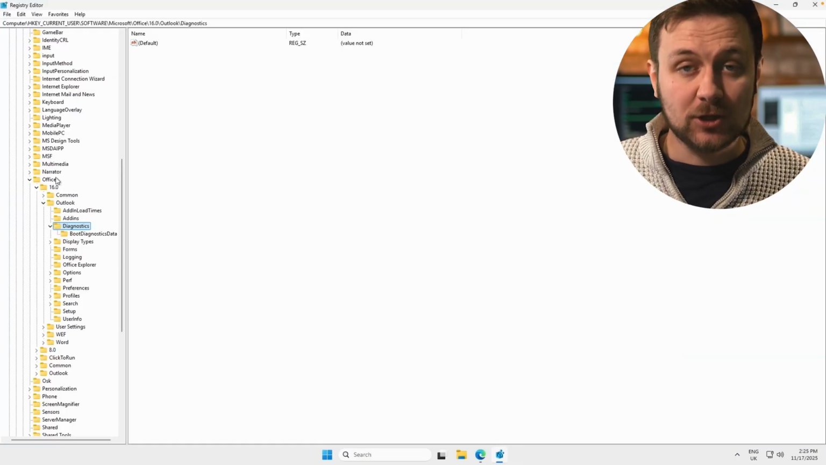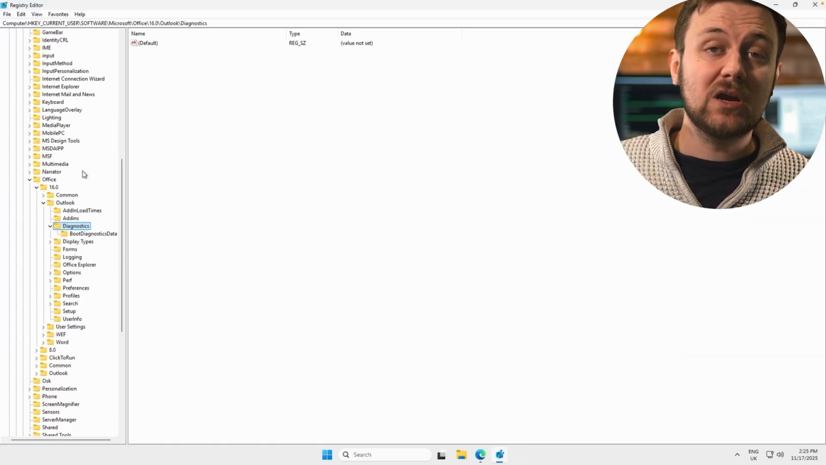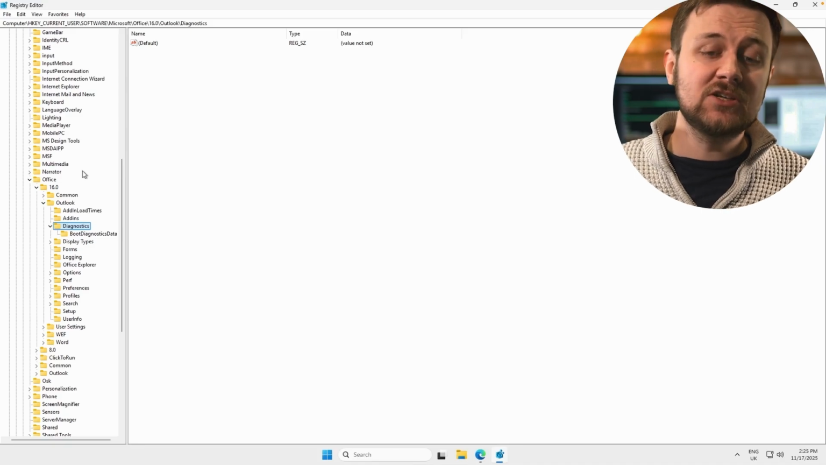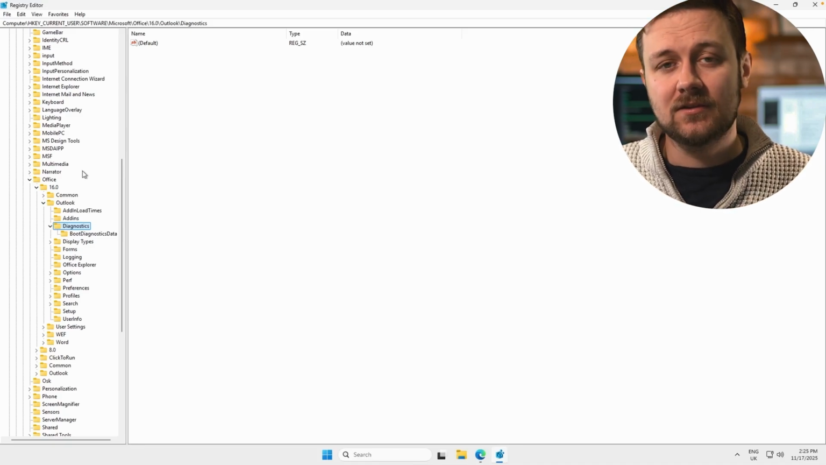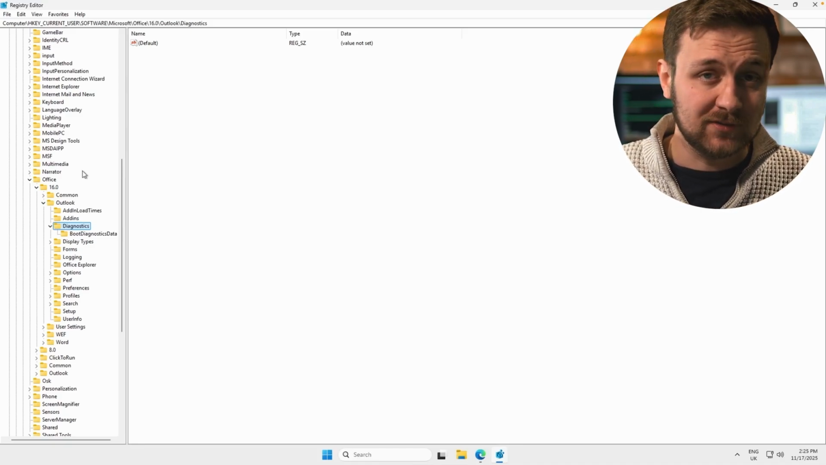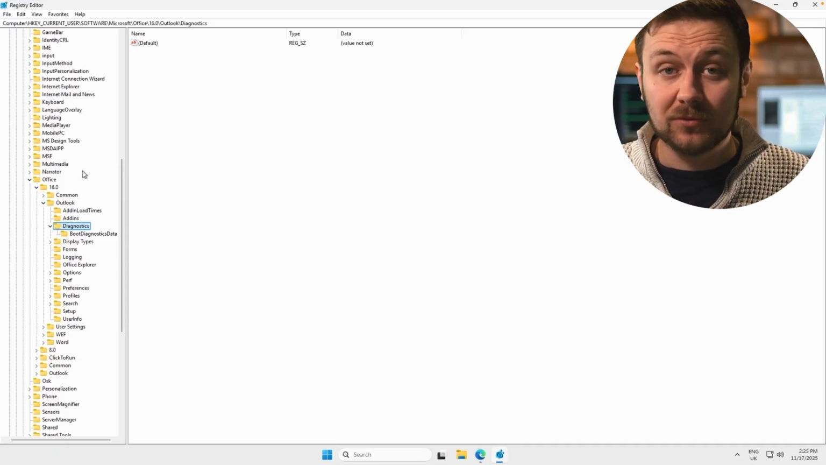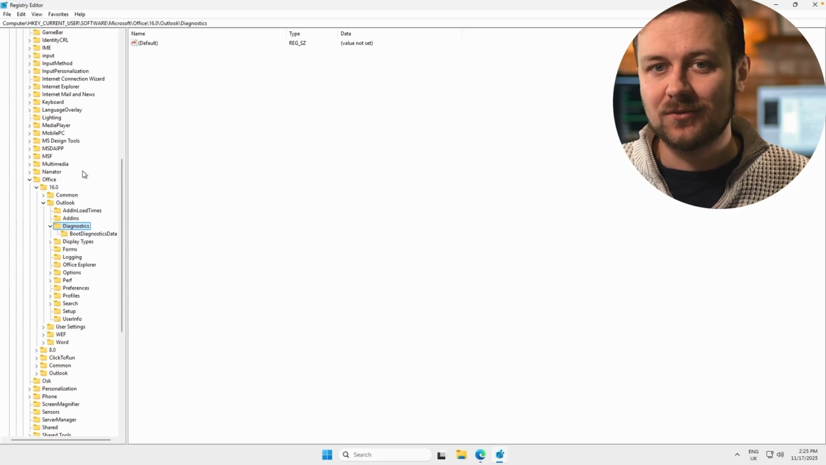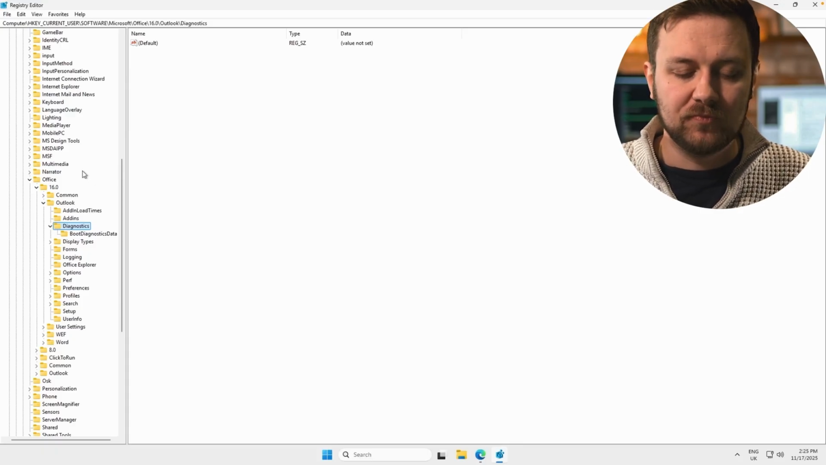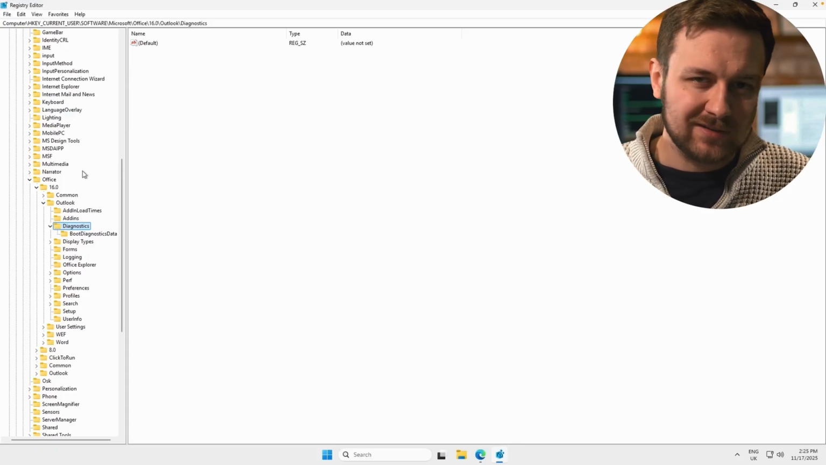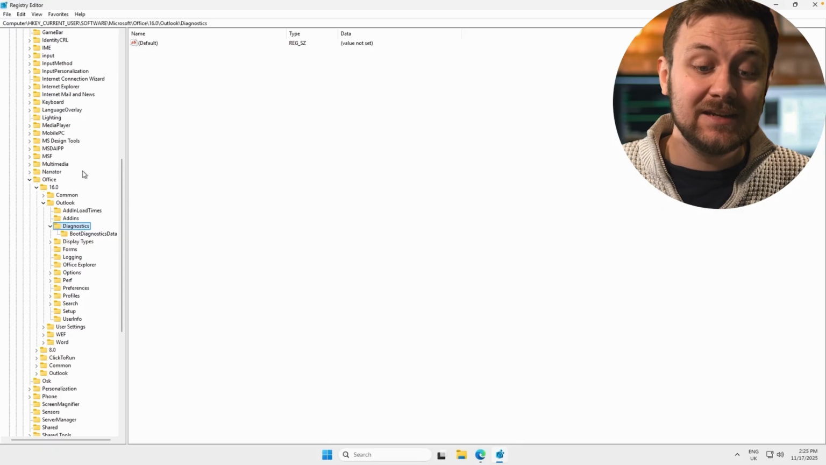And now we just need to make a couple of changes in here. Now, I should preface all of this by saying that making changes to your registry can be disruptive to your operating system. So whilst what I'm showing you today is not going to do that, you're not going anywhere near anything that's going to be that much of a problem, just be aware that this is not somewhere to mess around. If you don't know what you're doing in here,